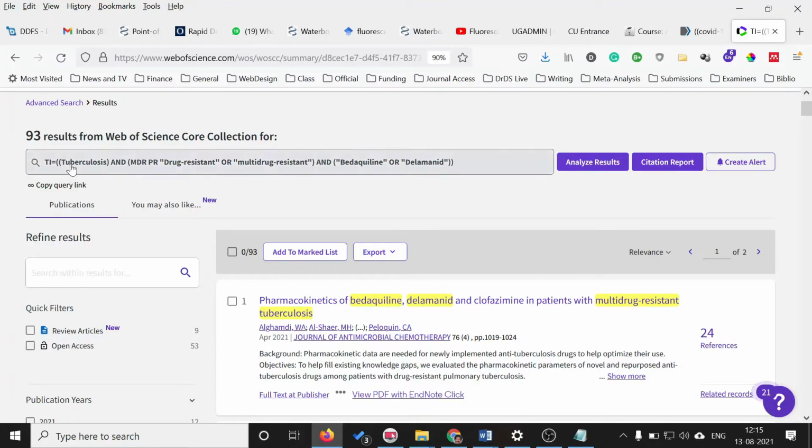So the first part is the disease, and the second part is the terms covering the different forms of drug resistance, and the third part is again connected by the and sign, and this includes the possible drugs that can be tested, or the drugs of interest. So in that way, you can create a combination of the keywords that can be given to the query box,